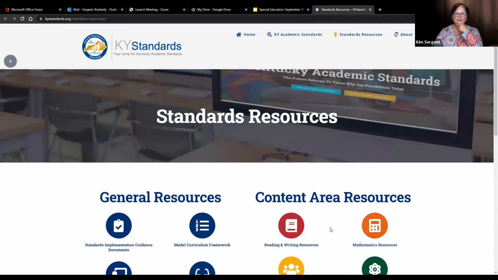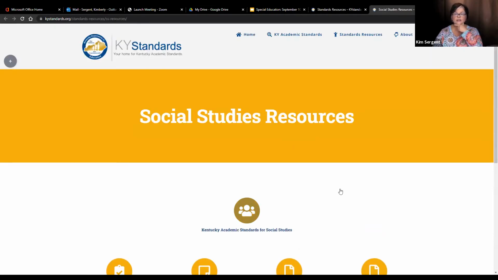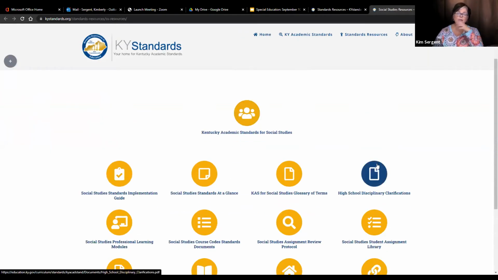So this is actually what I've taken you into, the standards resources. I'm going to go here to the social studies standards resources, and this will take you to the high school. I'm going to go back, by the way, and we're going to go to the elementary. That one page is elementary, and I'll show you that. You can go here for the high school disciplinary clarifications, but let me go back up to